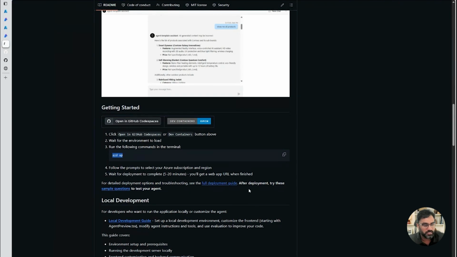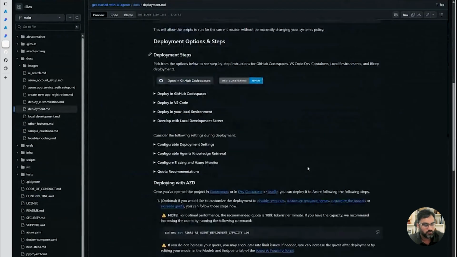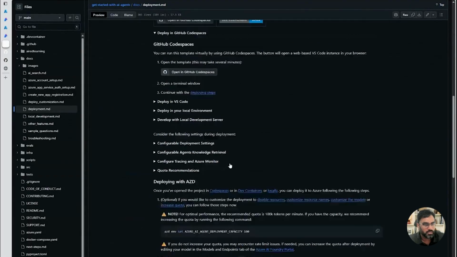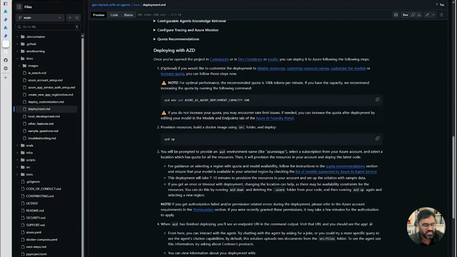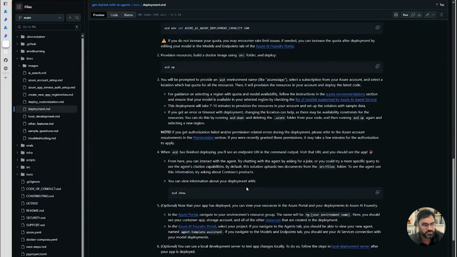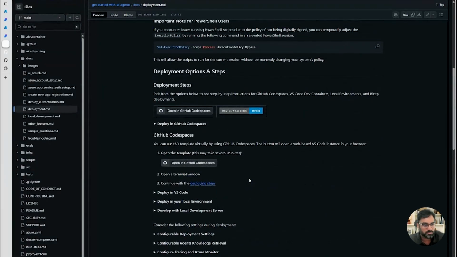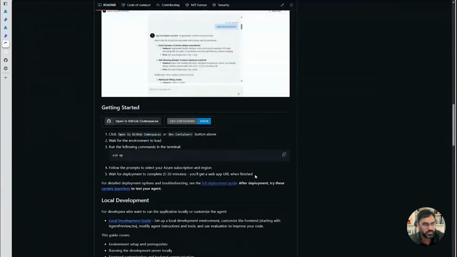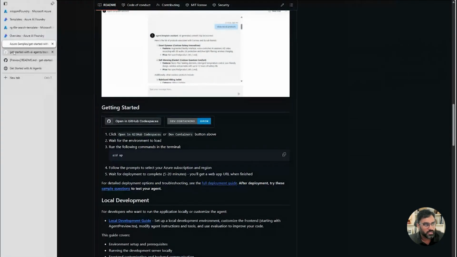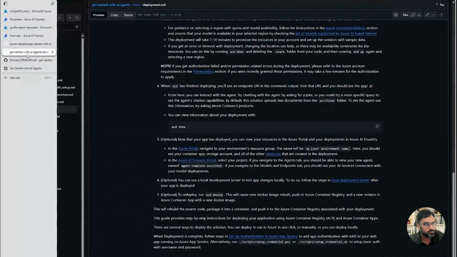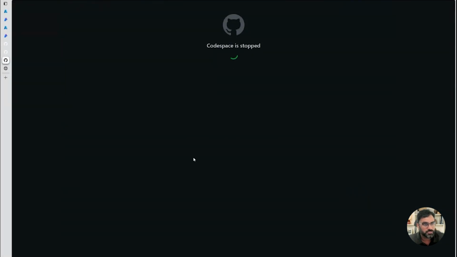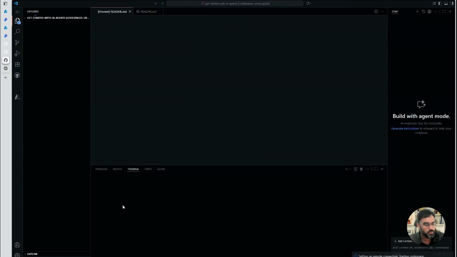We also have a full detailed deployment guide where you can configure what services you want to deploy. If you want to do any customizations, like changing from the default model to a specific model, you can use those deployment steps to change any of these configurations. So you can play around. For time purposes, I simply went ahead and used Codespaces. In my Codespace, I got this code downloaded, and then I deployed it.